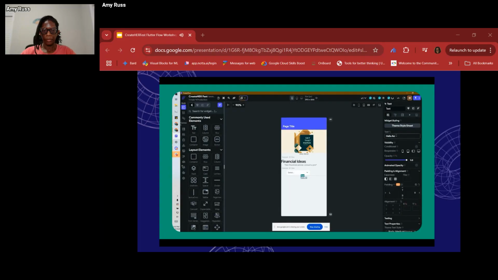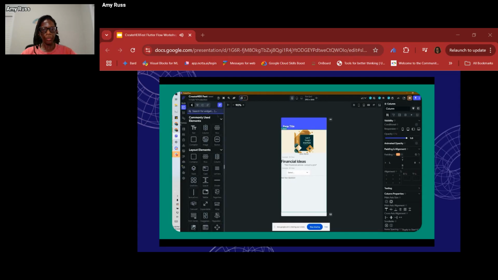As I'm doing this, I'm consistently going to the right sidebar to make adjustments to each element so that it better suits my needs, including sizing and alignment. This is really important because this will be my test page. I want it to look pretty close to what I may be releasing into production, even though I may be making adjustments. So you'll see I'm often adjusting the alignment so that it's easier for the eyes